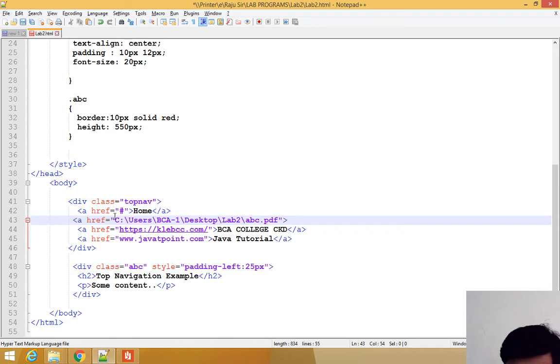If you have a word file, write doc document file. If you have pdf, you have to write abc.pdf.